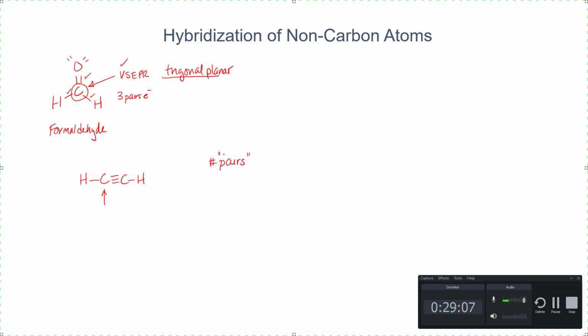I'm going to put that in quotes because, again, we're going to treat the multiple bond as if it was a single pair. How many pairs of electrons surround this carbon atom? 2. What is the geometry of that carbon atom? It's linear. What would be the hybridization of that carbon atom? It would be sp,